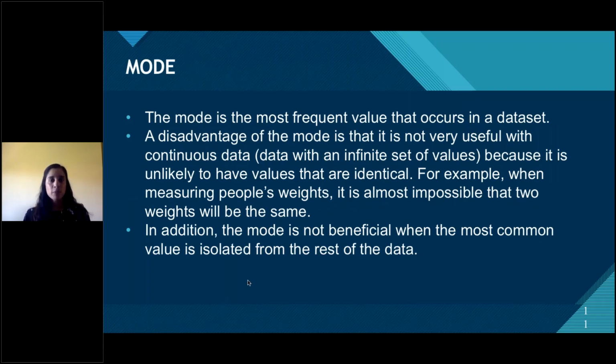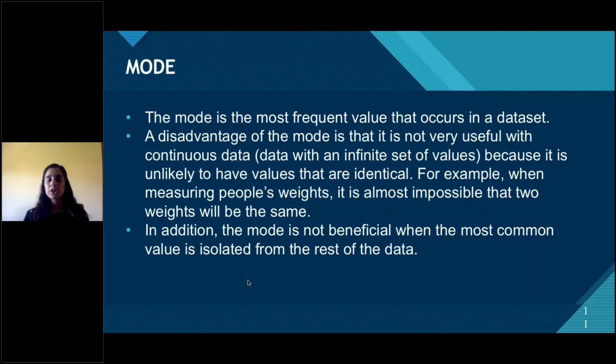Then we move on to the mode. So the mode is the most frequent value that occurs in a data set, or in other words, simply the most popular option. Although the mode is the most popular option, a disadvantage of the mode